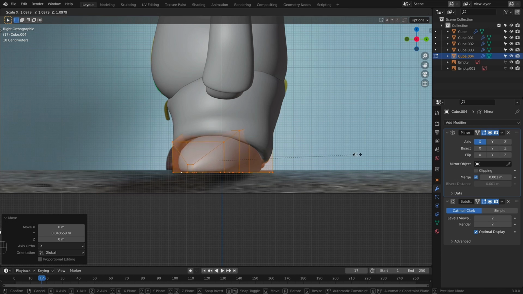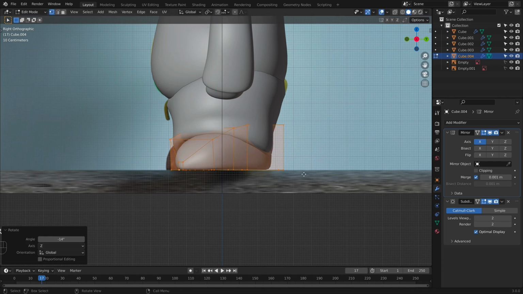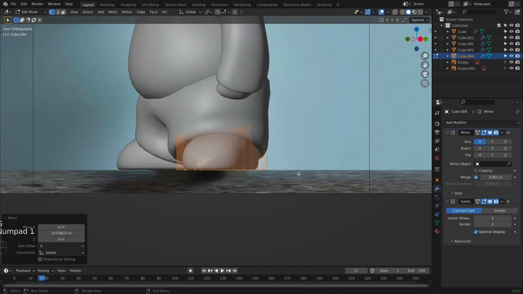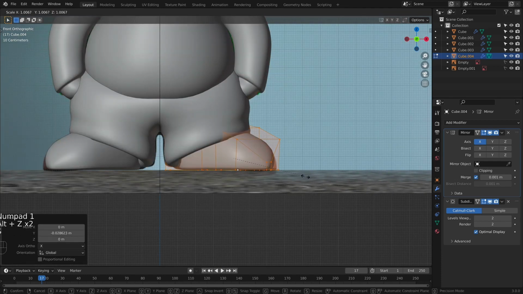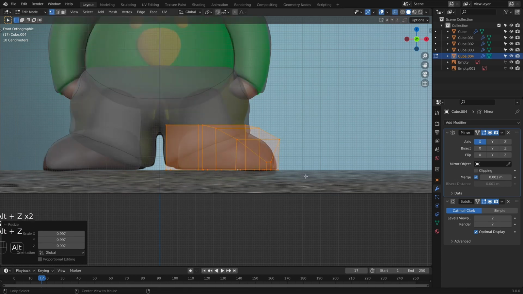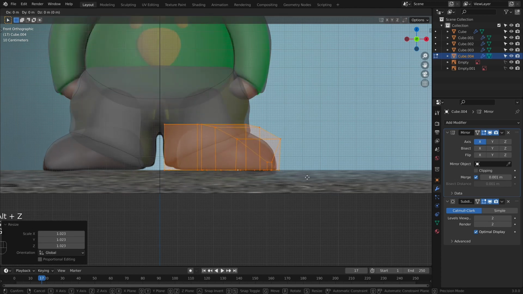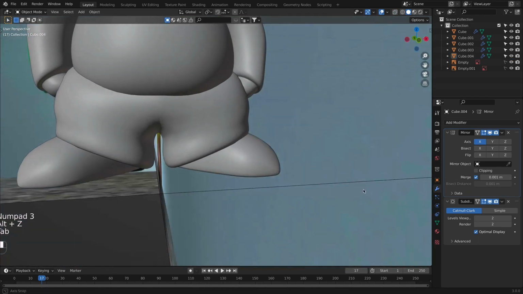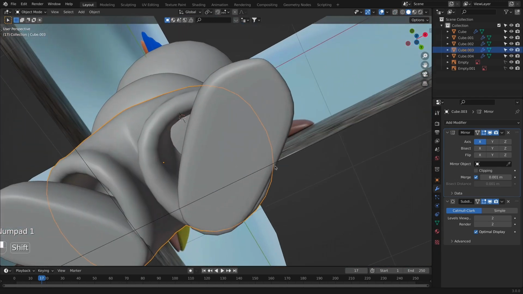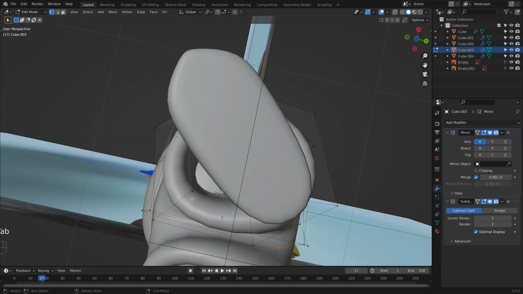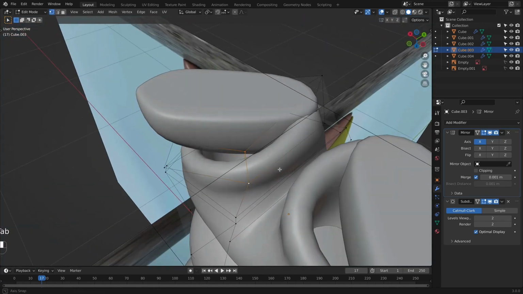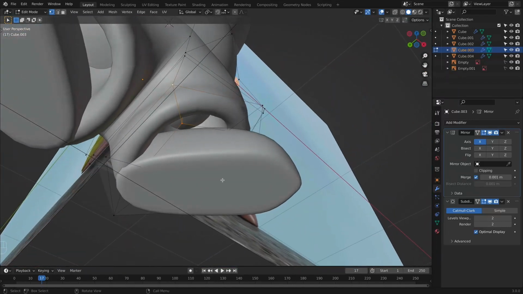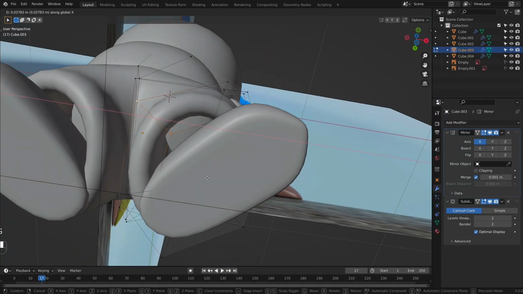Let's scale it up even more. Rotate it in Z axis. Grab it in Y. Align it better. Let's scale it even more up. Let's grab it in X axis. And voila. Now for the side here, I'm going to select these vertices on top and grab them in X